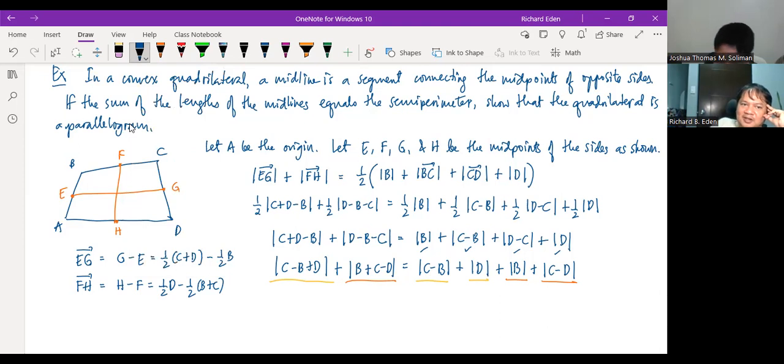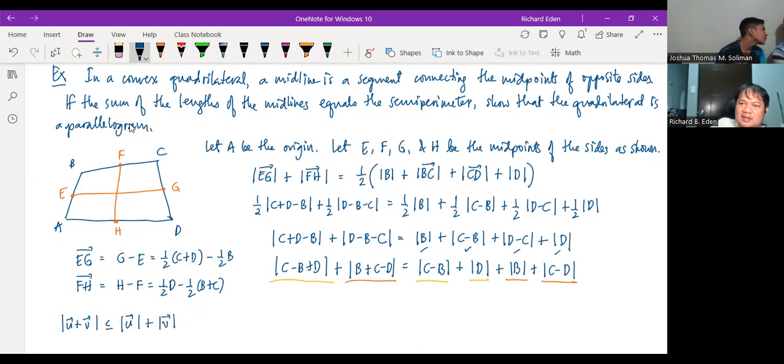Let's say we have vectors u and v. Consider the lengths of u, v, and u plus v. In general, what can be said about these three vector lengths? The length of the sum is less than or equal to